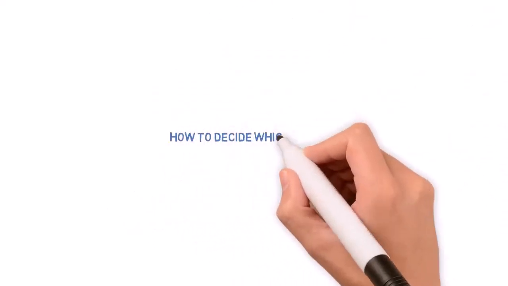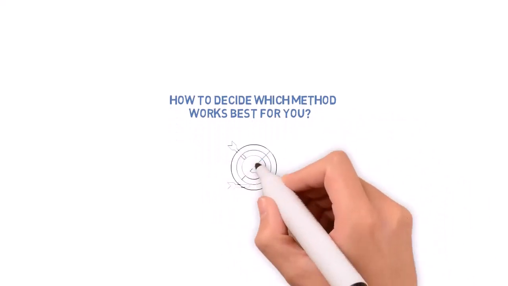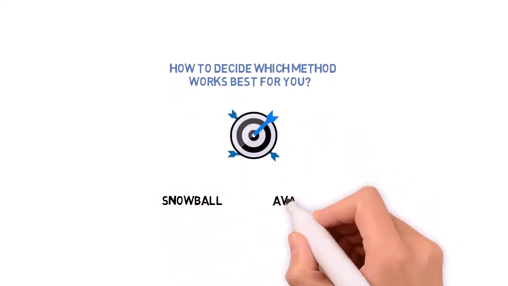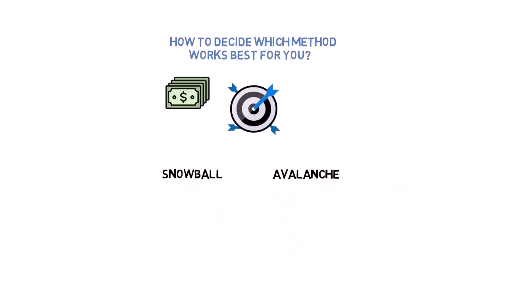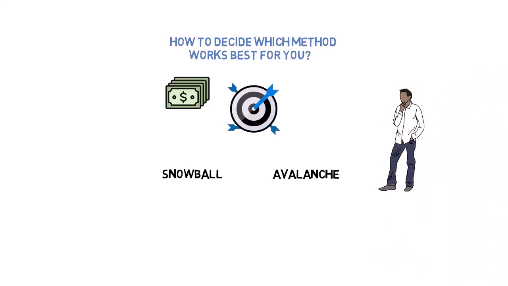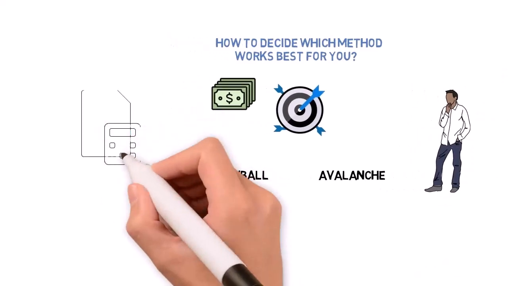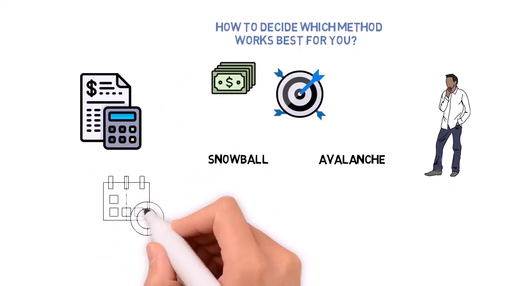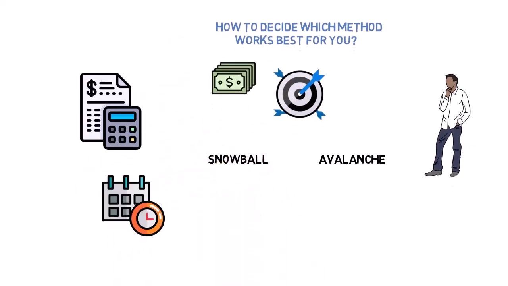How to decide which method works best for you. You will be able to accomplish the same goal of paying off your debt, whether you use the snowball approach or the avalanche technique to make payments, provided that you are consistent with either strategy. The most efficient strategy for eliminating debt is determining what works best for you and your unique financial circumstances and then adhering to that strategy by establishing and sticking to a budget, maintaining organization, and remaining on schedule.